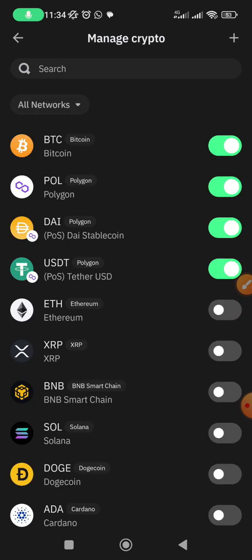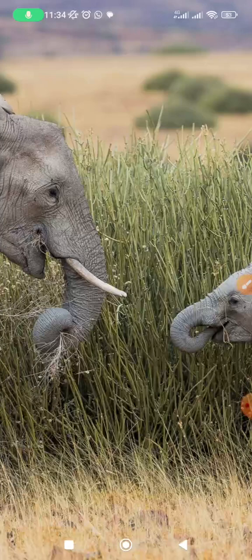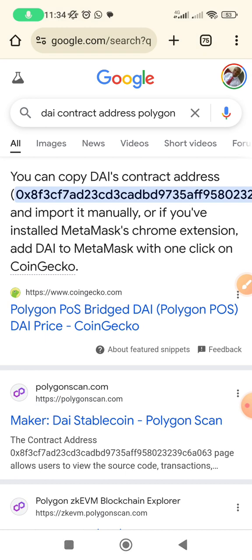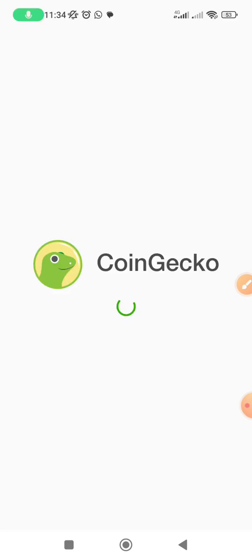click on that place again, then go to Google, all right? So go to Google and type DAI contract address, or you just type DAI stablecoin contract address. Search it on Google. It's going to bring you to this particular website, this Polygon website. Click on that Polygon website and then